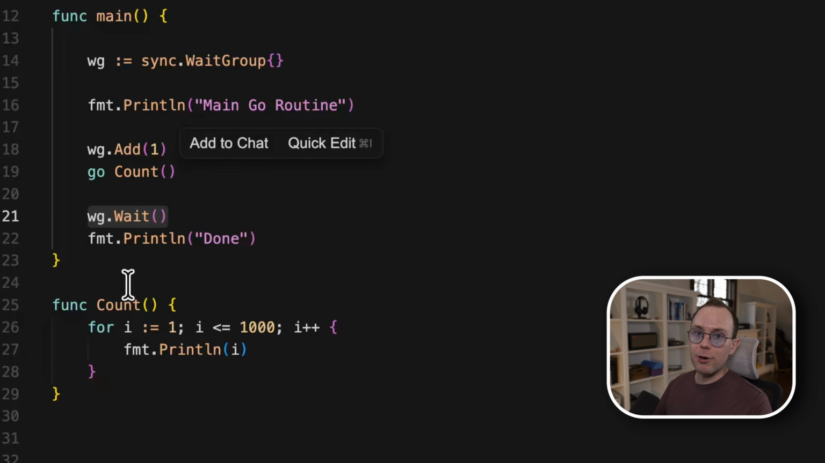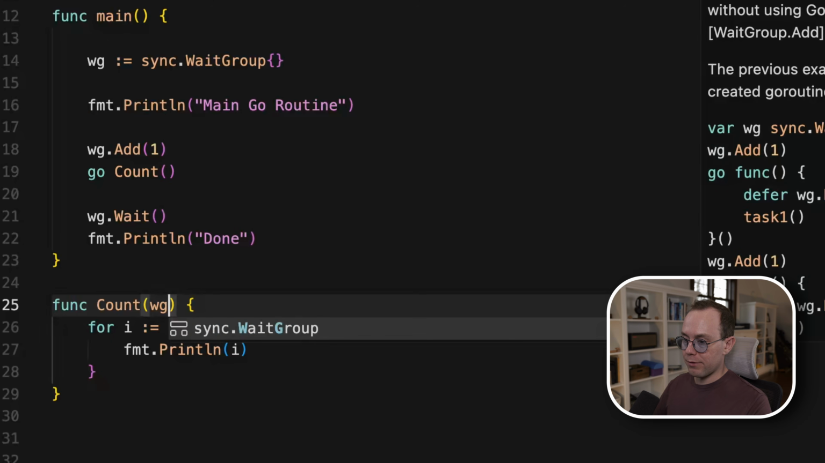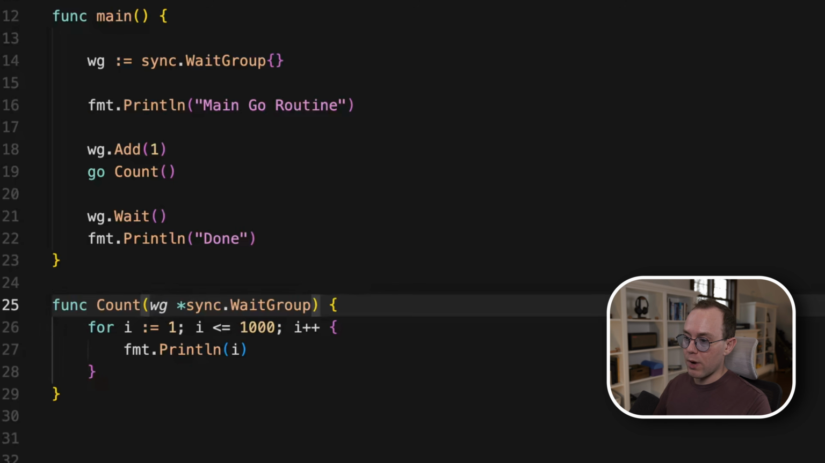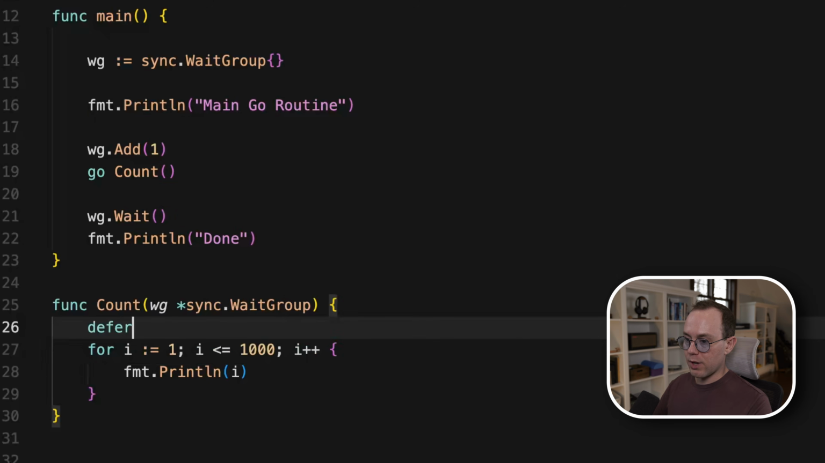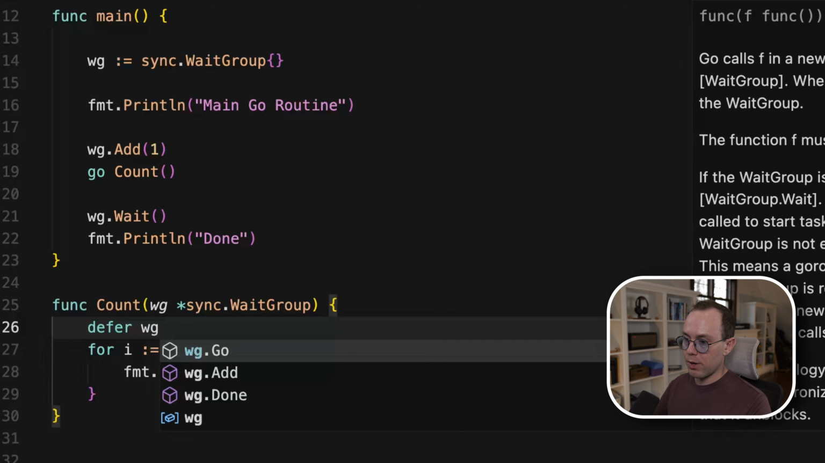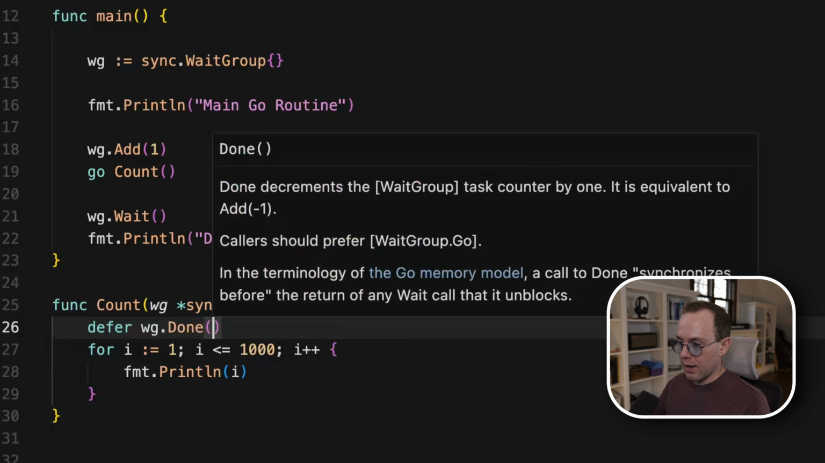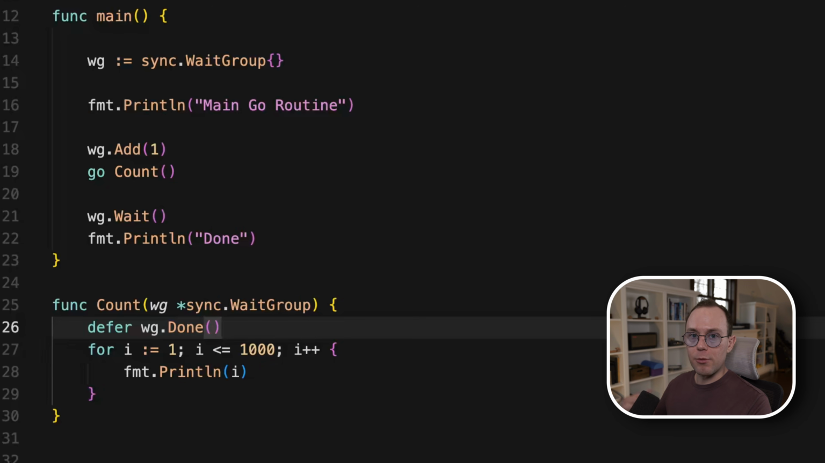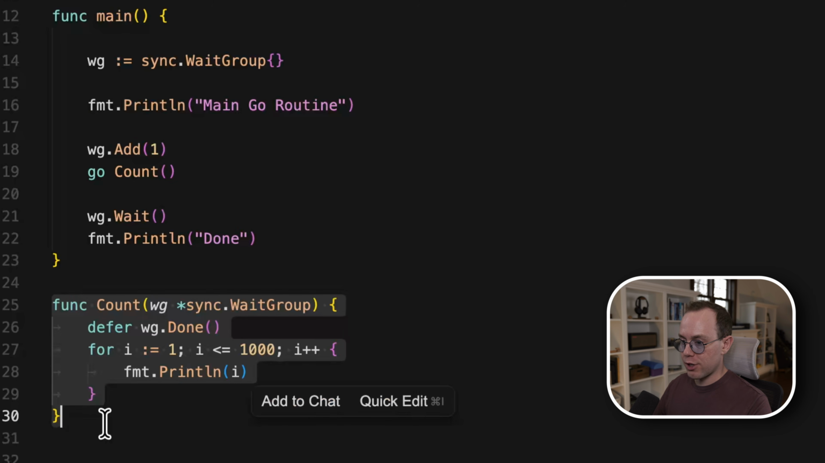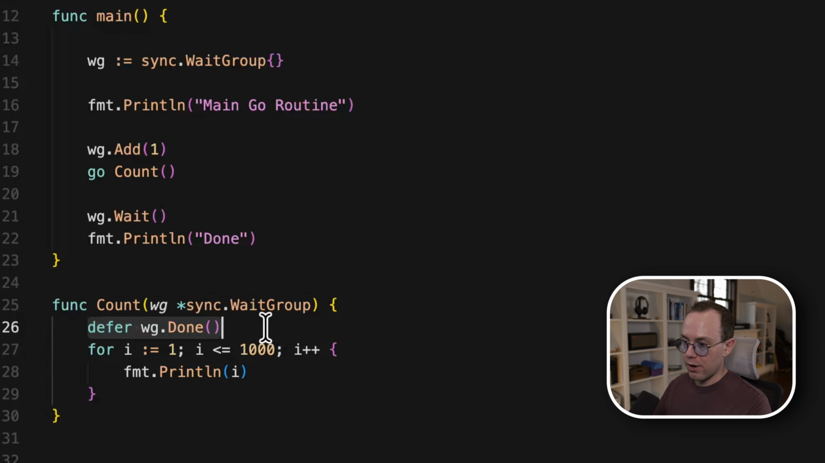But we still need to decrement the counter ourselves to tell the WaitGroup when to unblock. And to do that, the count function needs to accept a WaitGroup as an argument. And then at the top of the function, we can call defer WaitGroup.Done. And all Done does is decrement the counter by 1. So once this function finishes execution, the deferred function will be called, which will unblock the WaitGroup and let the main